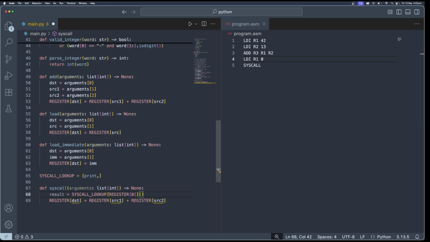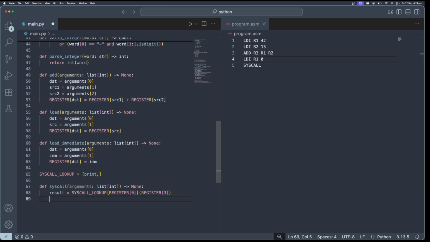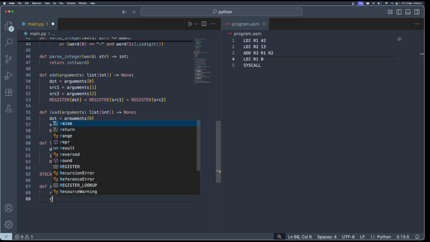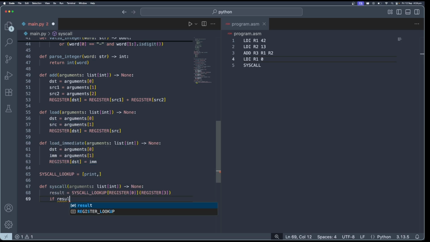So we go ahead, we call that function, and the argument that we provide is stored in register 3, if I remember correctly. And the reason I'm storing this in an intermediate result is usually these things would sometimes return void, sometimes return 0, stuff like that. I want to check if that result